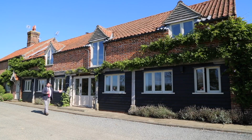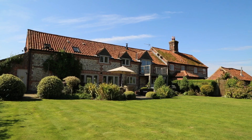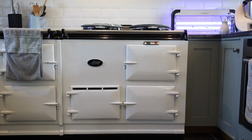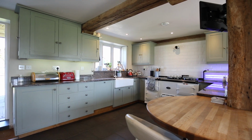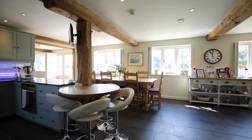We're now going to go and have a proper look inside the Granary. Now this is the front door, however, it's a farmhouse, so we're going to go in the proper door, round the back. So walking in from the covered porchway, you're straight into here, the farmhouse kitchen, and it's such a practical room. You've got this lovely U-shaped unit centred on a 4-oven Aga. You've got this oak breakfast bar overlooking the dining table, so it's a really sociable room for when you're prepping the food. You can chat to your guests at the table, but there's tons of space in here, and there's